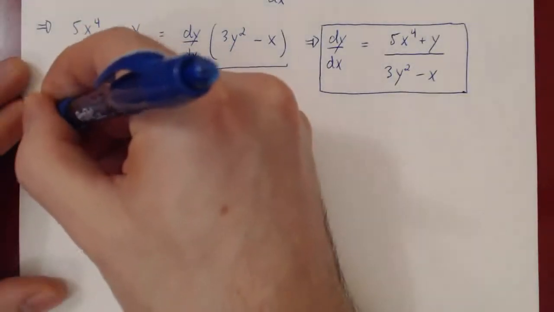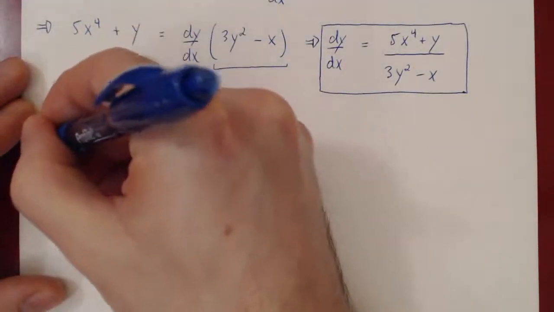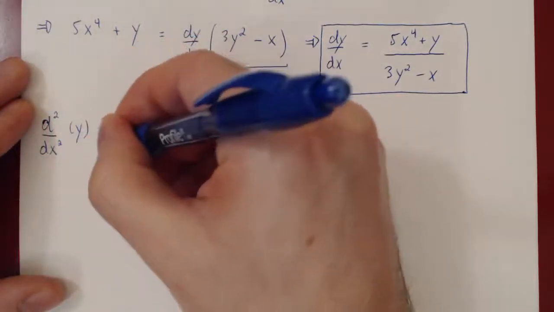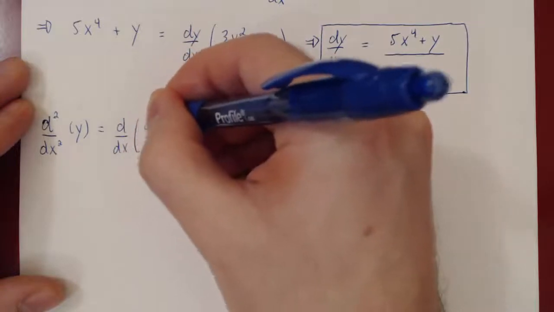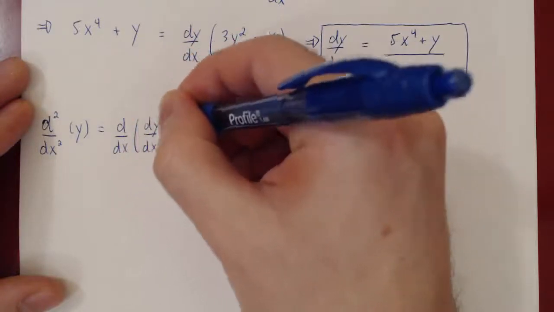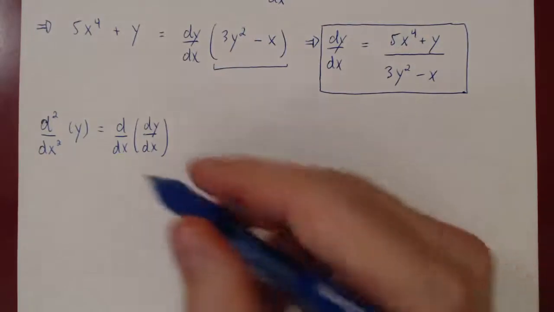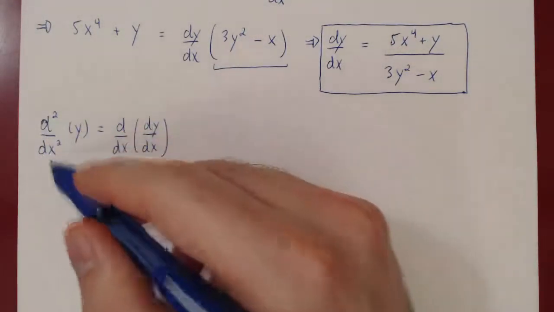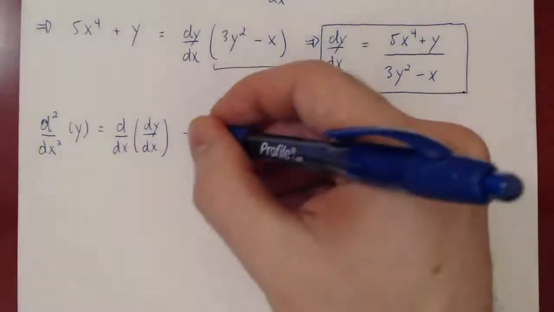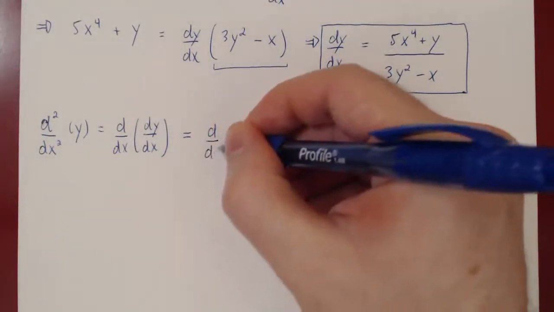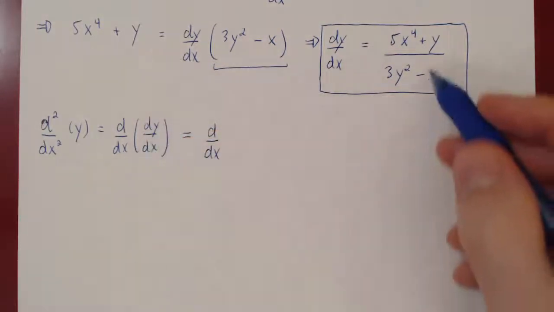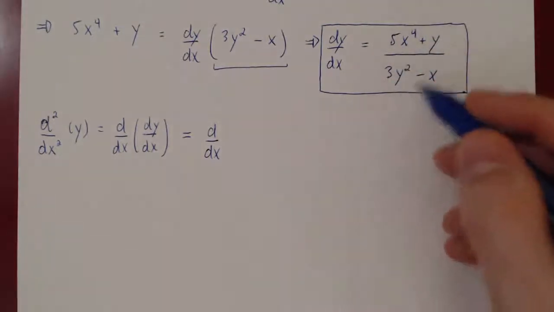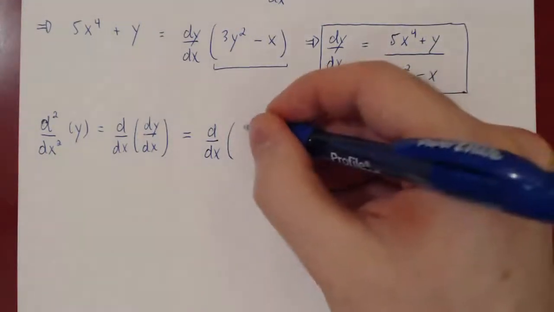So as we have just said, to find the second derivative with respect to x of y, we must simply differentiate the derivative. If you take the derivative of the derivative, you have taken the derivative of y 2 times. Well, we can make a substitution. We want the derivative of the derivative, dy over dx, but we have just found it. So we replace dy over dx by its expression, which is 5x to the 4